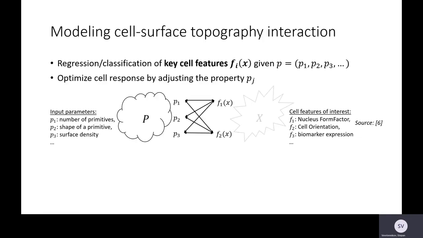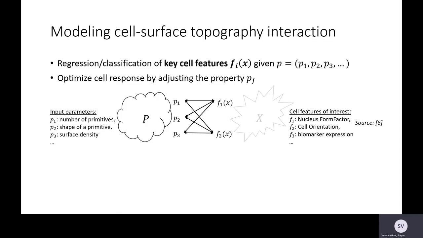So when we talk about modeling cell-surface topography interaction, how it is done currently based on the literature, usually we do regression or classification of key cell features instead of the original images. So we model or we predict certain cell features of interest, such as nucleus form factor, cell orientation, or biomarker expression, based on input topography parameters, which are, for example, number of primitives, shape of a primitive, surface density, and others. And to optimize the cell response in the next iteration of experiments, we adjust specific properties of the topographies,